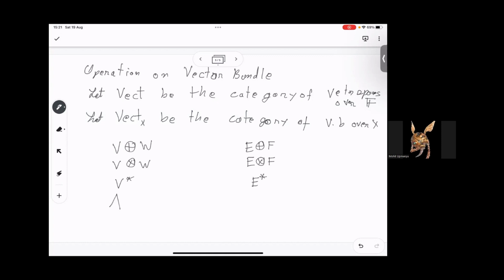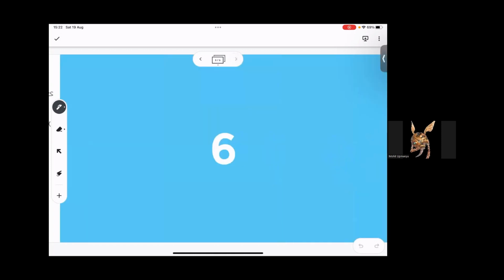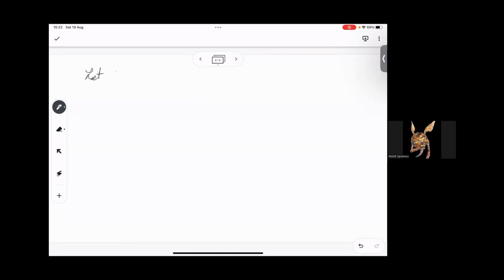Remember, wedge of vector bundles would lead to basically all alternating products of vector bundles also we can take. Basically, a lot of the operations that we have on vector spaces can be translated over to vector bundles. So for this, I will try to give a very general proof via category theory, right? So let T be a functor,